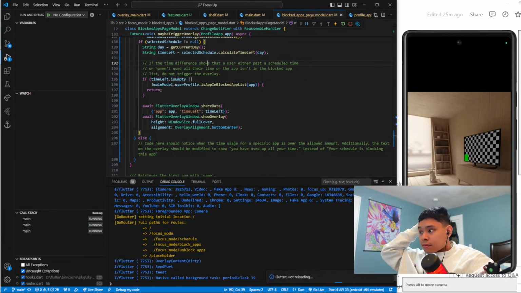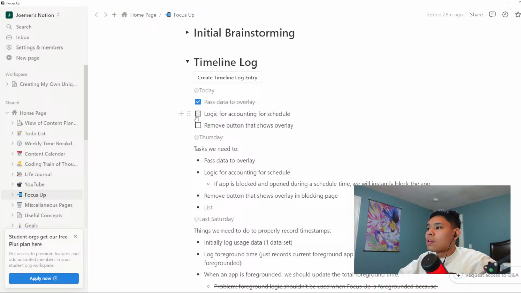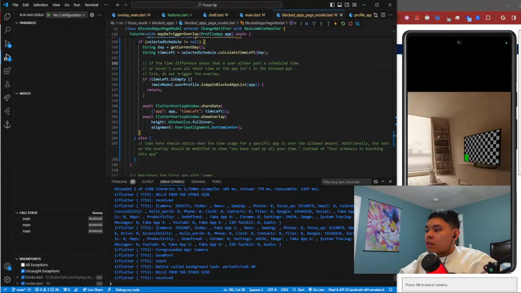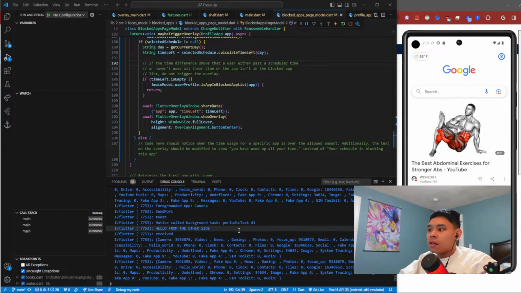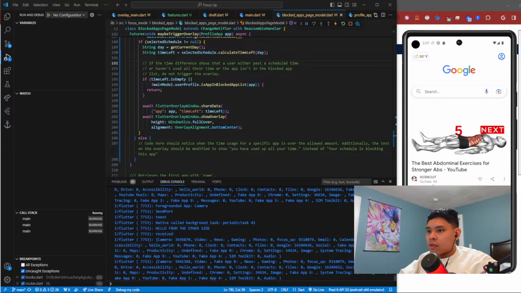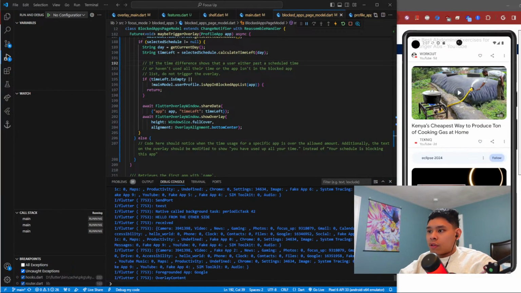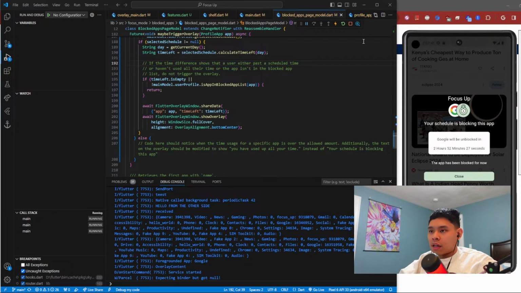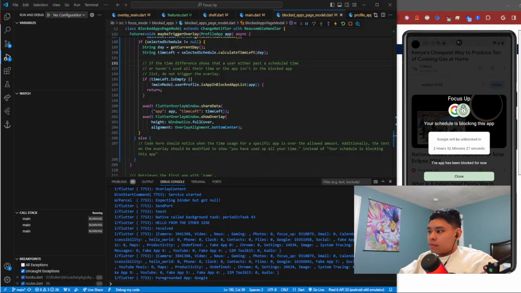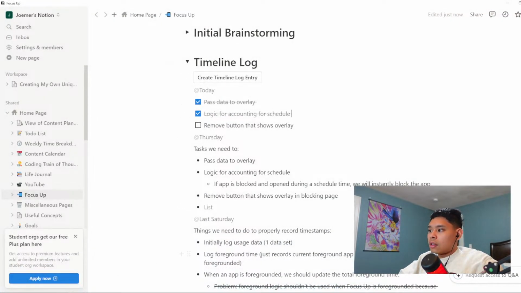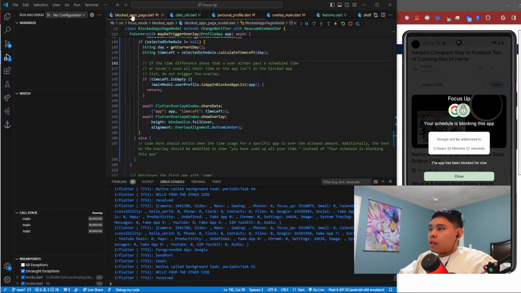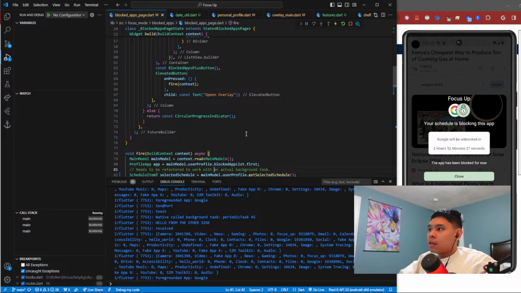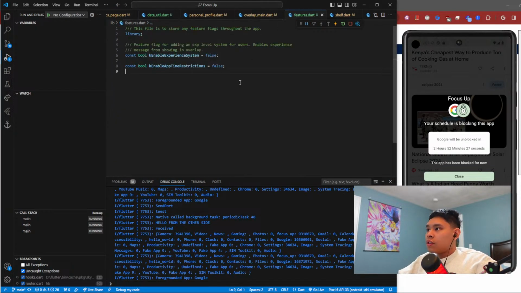All right, cool. I think that pretty much solves this because, for example, if we go like we're just like la la la, we come back, it'll block it. It'll block Google after scrolling for a little bit. We'll just be scrolling like this, and boom, it's blocked. Nice. The only thing left is to remove the button. I don't really want to remove it yet because it is a good debug feature, so